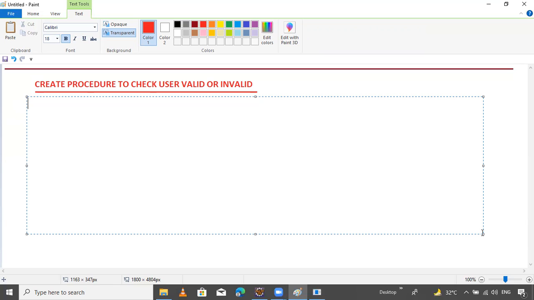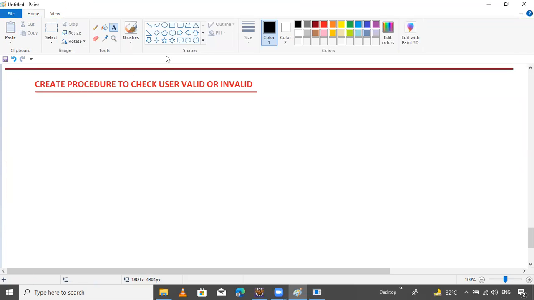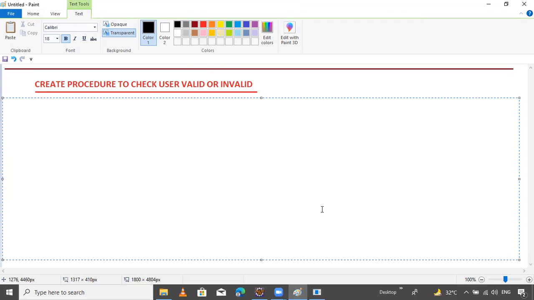Do one thing. Write down here, create. Capital letters are recommended but not required. Okay, not compulsory. Why, man? That I don't want to read. Sometimes it can be just irritating me. Okay, now focus. Create or replace procedure.